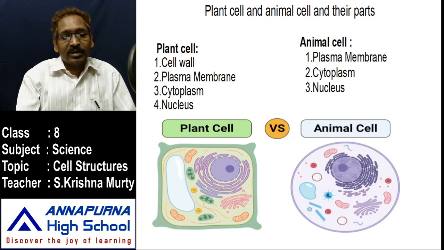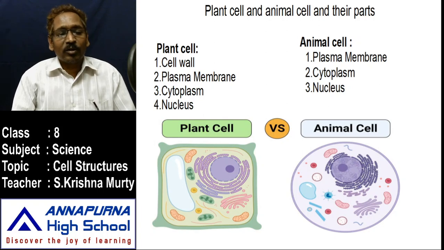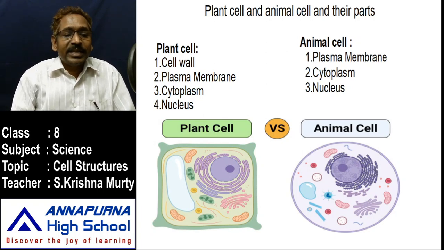The nucleus is filled with some material. Again, that material can be divided into two groups according to their functions. What are the two parts of the nucleus? One is chromatin, another one is cytoplasm. Let us discuss the chromatin. Chromatin is a genetic material which passes genetic information from one generation to another generation.